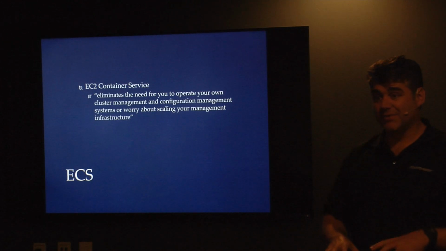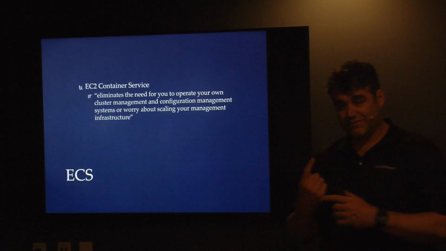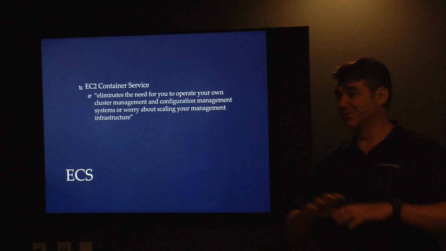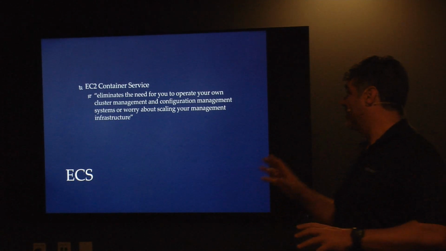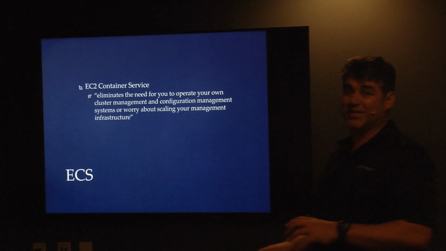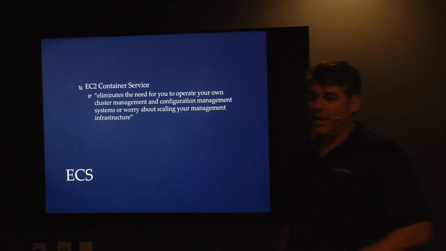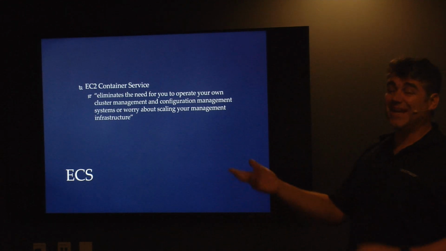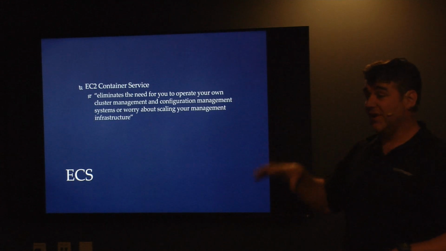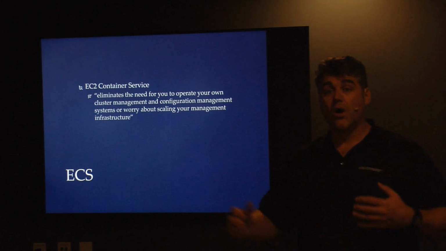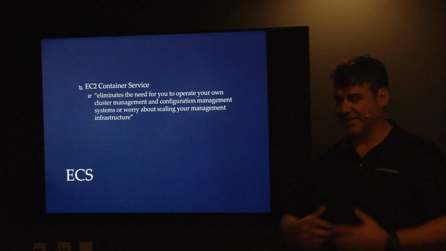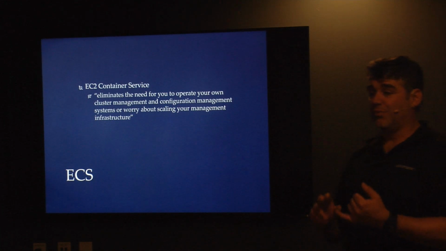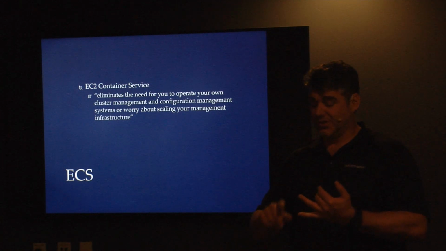Unfortunately for today's demonstration, it's a very little daemon. It only has one purpose. We only need one instance. There's no load balancing. So actually, my ECS will only contain one EC2. But yes, if you had a bigger application like a web server or a subscription service that's either pumping a lot of information out or taking a lot of information in, then you'll probably have a load balancer and